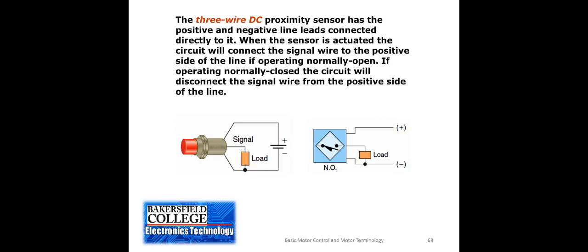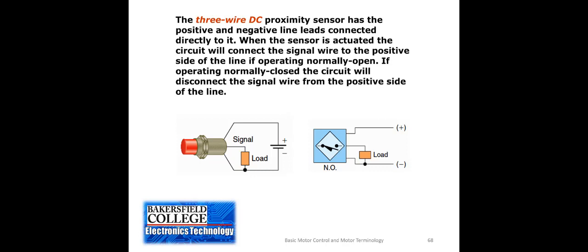It has a positive input for the positive connection to the power supply. It has a negative input, which is the negative lead of the power supply. And then it has another wire that when the sensor is activated, there will be current flowing through that